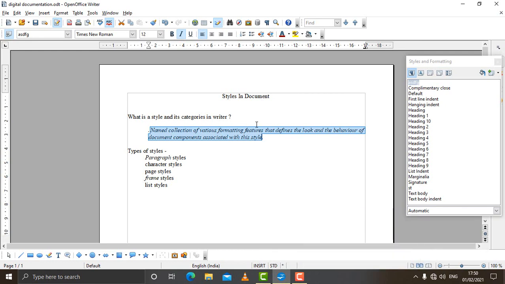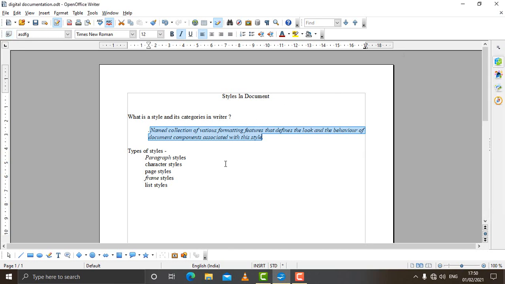Okay, so the next thing which we can do in OpenOffice Writer is we can insert pictures, we can insert images in the document, and we say it as graphics. So basically in OpenOffice Writer we have two different types of graphics, and those are drawing objects and pictures. So we can insert drawing objects also and we can insert pictures also in the document. Say for example there is a current document, and in this document you want to insert drawing objects.